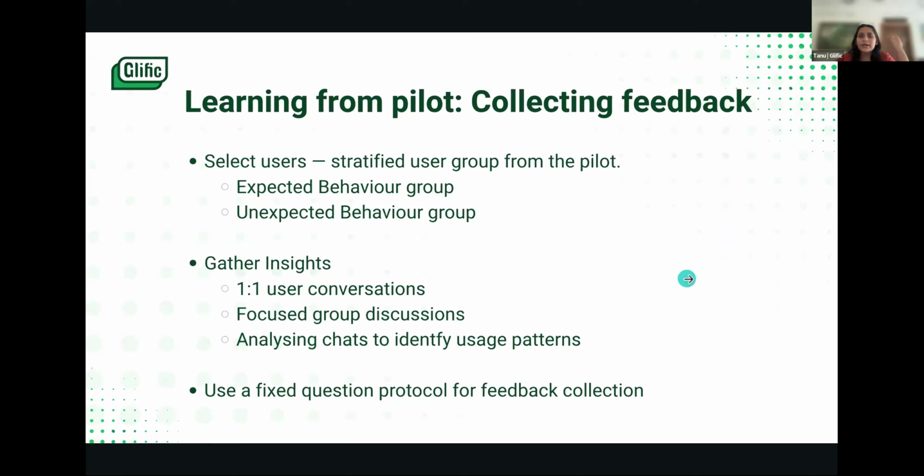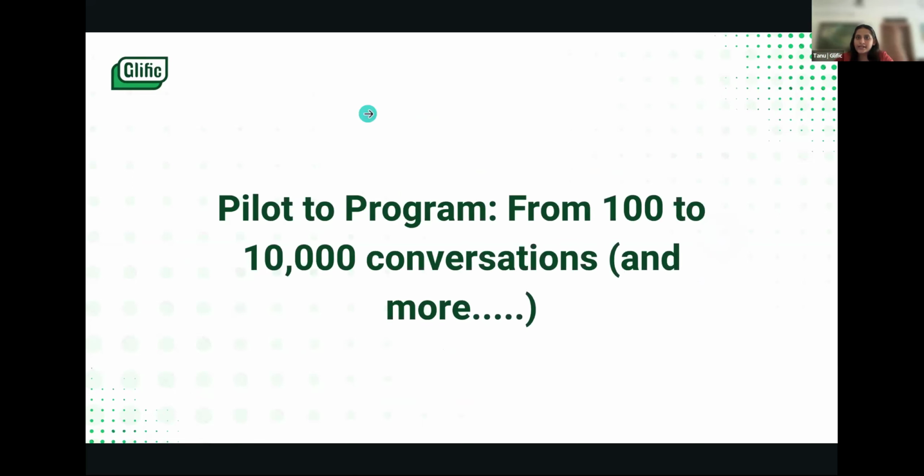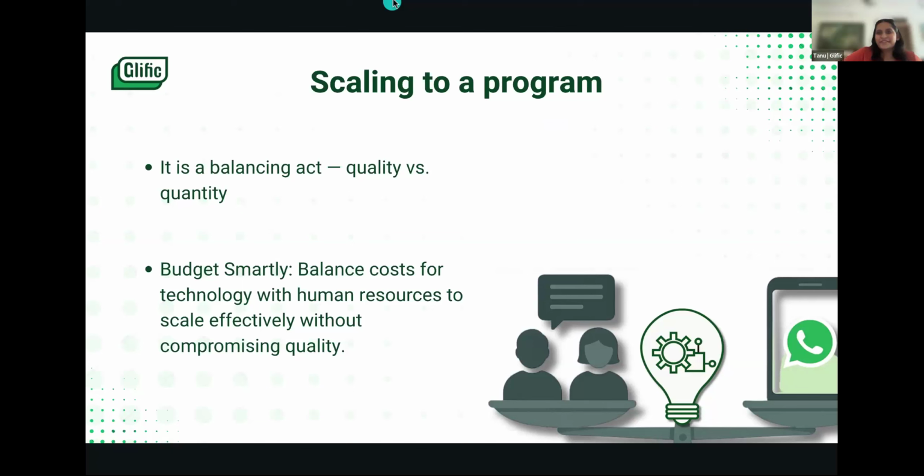But yeah, that's essentially about collecting good qualitative feedback for you to be able to draw inferences and look at scaling, right? Moving to the last bit, which is basically scaling your program. So now at the end of the pilot you have a combination that is ready to use, saying that if I make these changes, these are the final set of iterations, and this is the product that's possibly ready to scale.